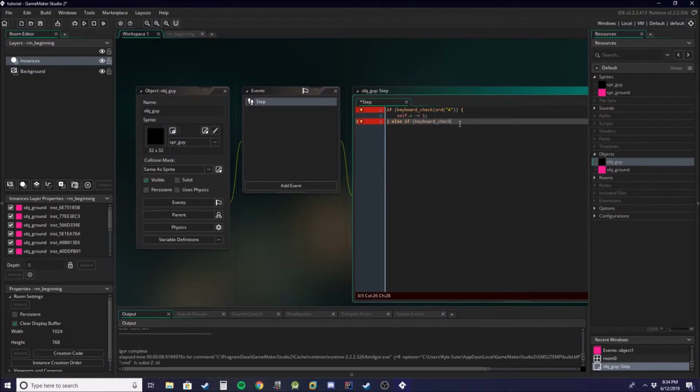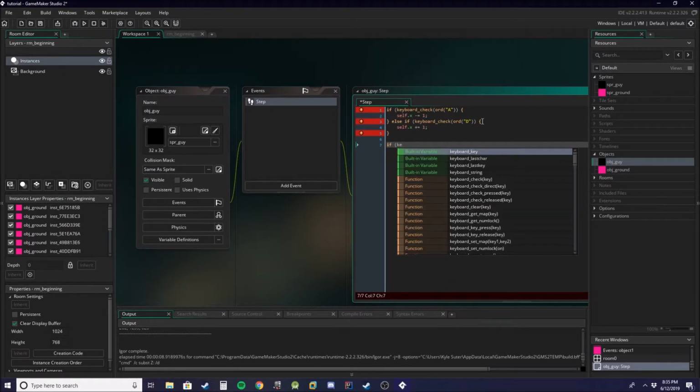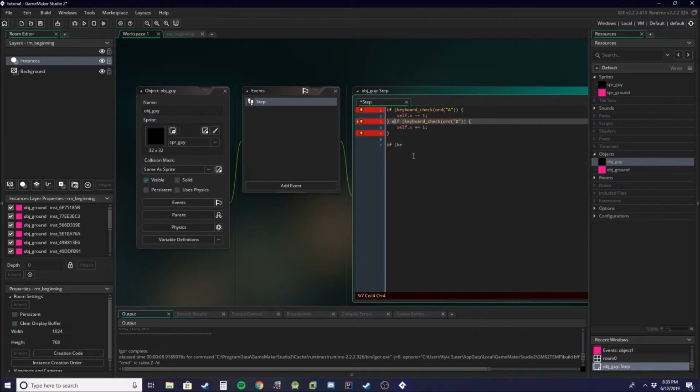And here we're doing if keyboard check ORD. What's happening here is this wants an ASCII value, and this function turns the letter A into the corresponding ASCII value. So that's what's happening here. And then we'll go ahead and make this its own if, so that if you're holding both, it will work. Oh, what's another one? Okay, so if keyboard check or